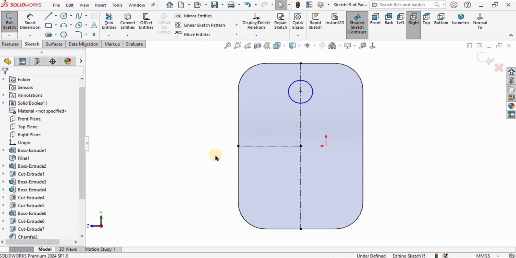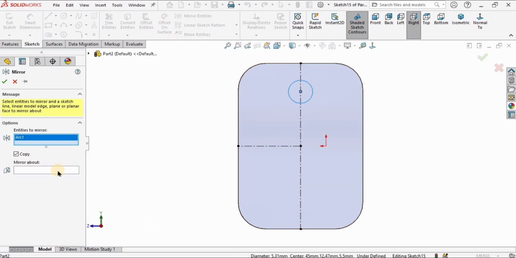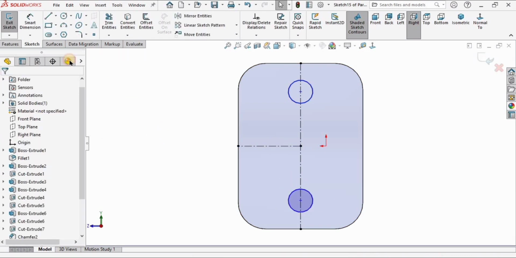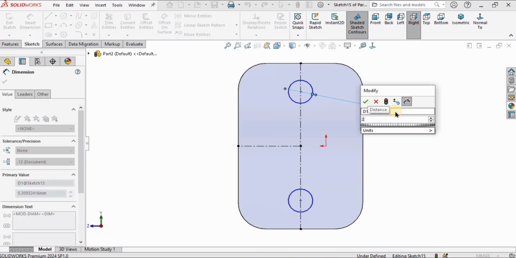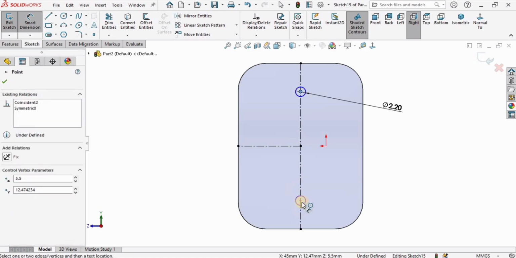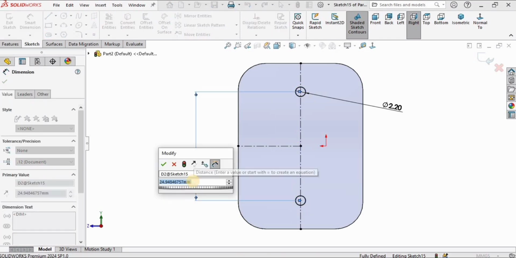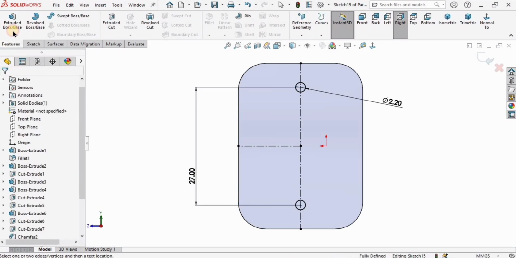Since I want to mirror this circle on the other side, I have created the circle and I will mirror it like this. After that I'm going to specify the diameter for only one circle. This is 2.2 millimeter, and the other side will automatically get the same diameter, and the distance between these two is 27 millimeter. And then I will extrude cut it